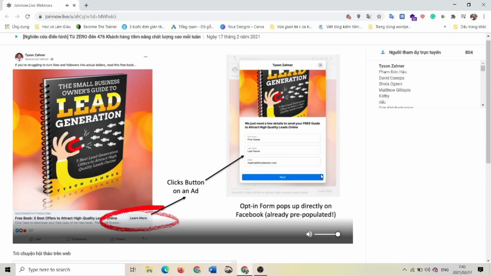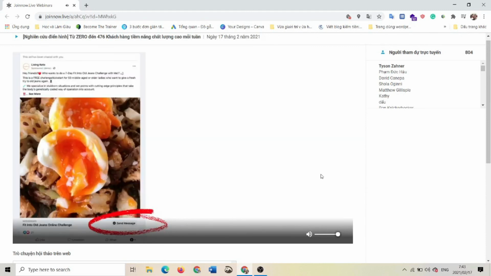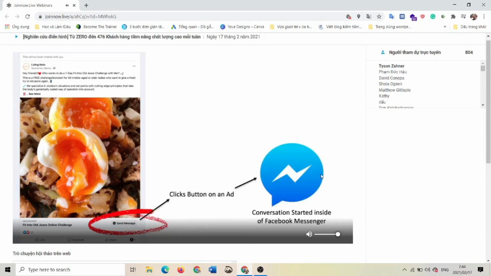So literally with 2 clicks, you get prospects that have given you their information. They click the button on the ad, and their name, their email, if you want their phone number, all that is pre-filled because Facebook has it. So they don't have to type anything. They click for the second time, they click the word next, and within 2 clicks, they've just given you their contact information. You've generated a lead. Yvette decided instead of a lead form, she was going to have people reach out to her inside of Messenger. So she had her button send people straight over to Facebook Messenger where she could start a conversation and say, hey,